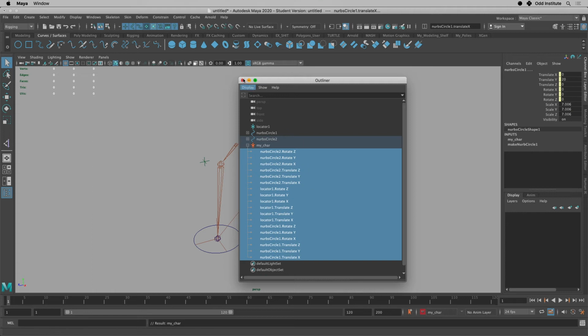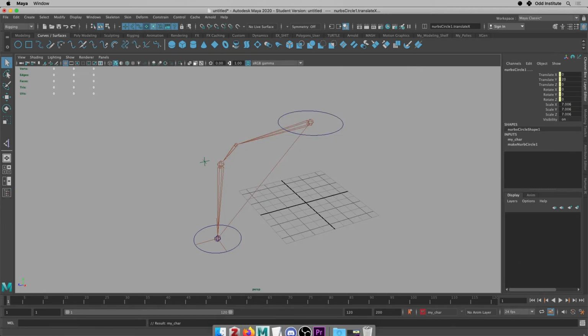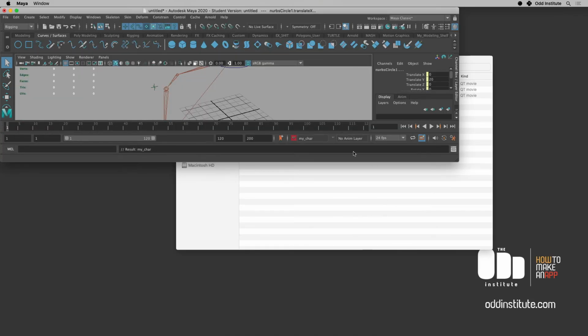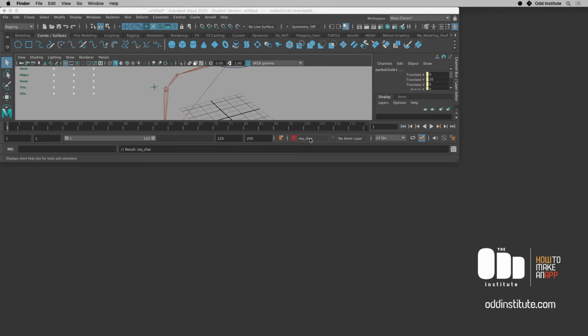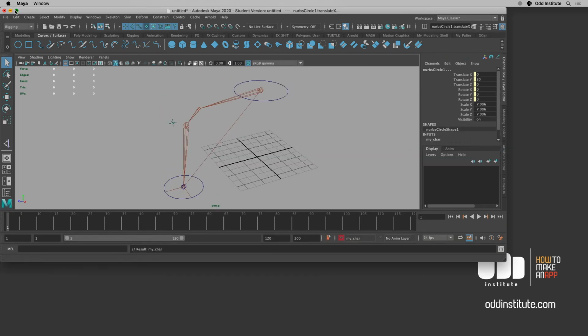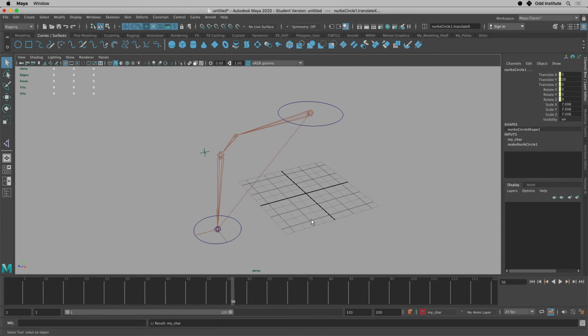So how do we use it? Whenever you have a character, by default it basically gets selected at the bottom of your Maya here. So right now it is selected, called my character, and if it is not selected, if you have multiple of those, you can just go in here and select the one that you care about. When a character is selected, then if you press the S button,